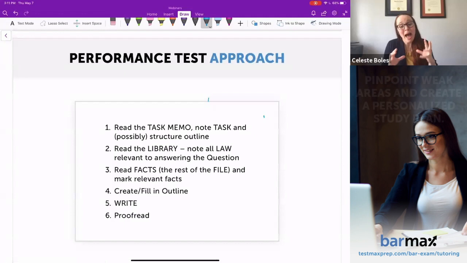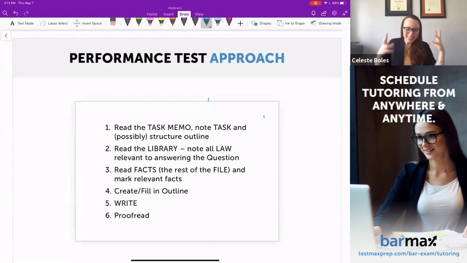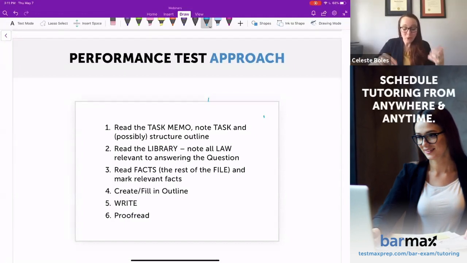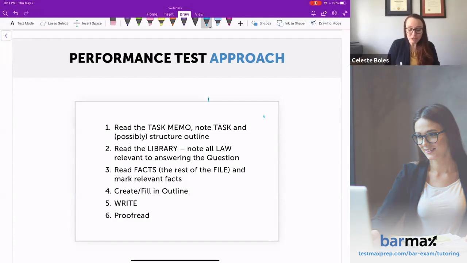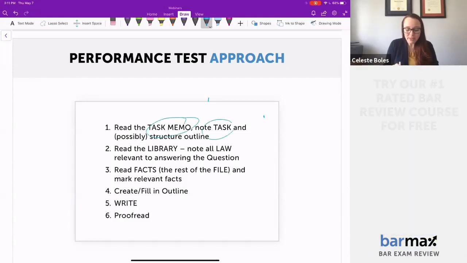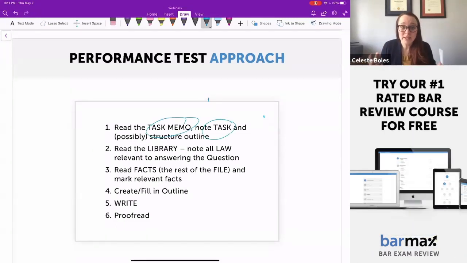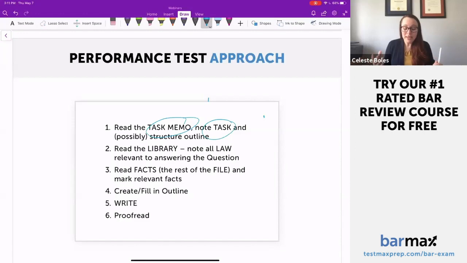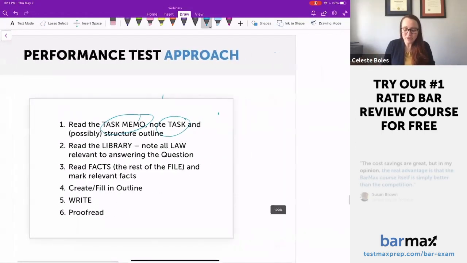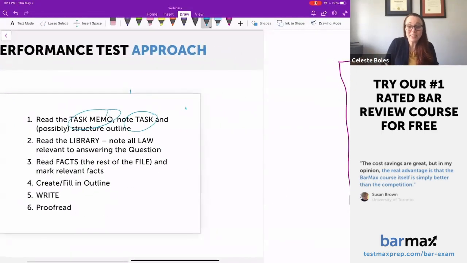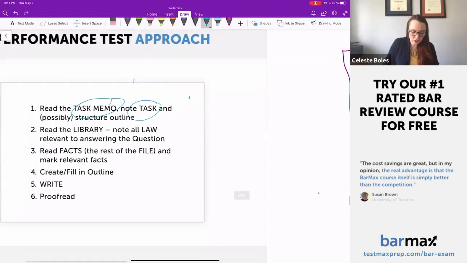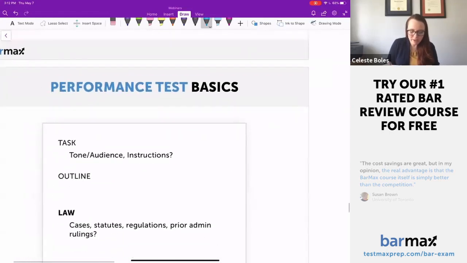Okay, let's talk about how we approach the actual test. Now, we've already talked about looking at the memo and noting the task and possibly structuring the outline. And what do I mean about structuring the outline? I mean, if the task tells you the two legal issues are 1 and 2, okay, so let's say we have,